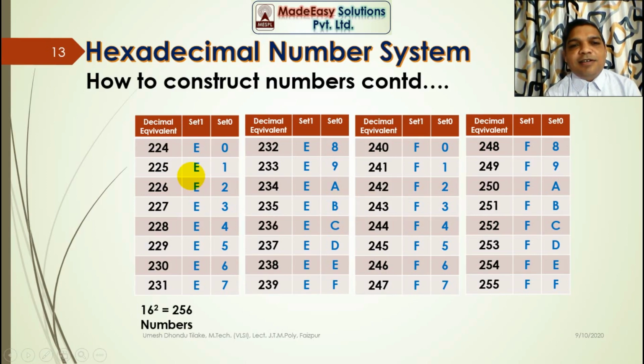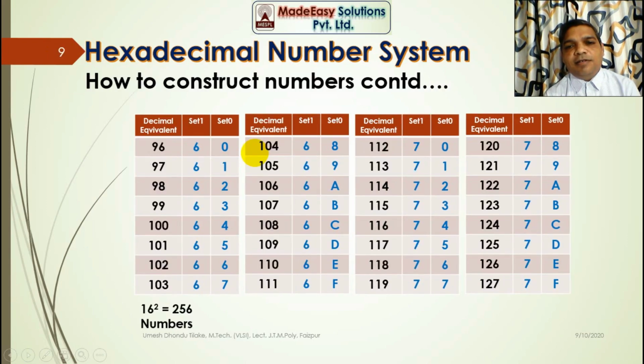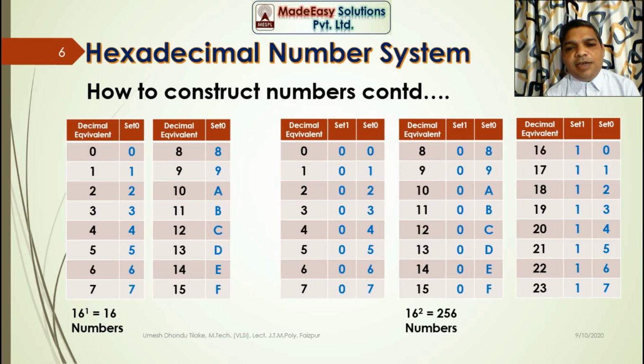So let us consider the equivalent hexadecimal numbers, how we have written them. Here, 16 power 2 is equal to 256 numbers I can write. As I have considered 16 to the second power, that means two sets I have used over here, set 0 and set 1. And remember the method we have used in decimal, octal and binary numbers. That is, in set 0 use all the digits in series, and in that case in set 1 use the first digit and keep it constant until the final digit in set 0.